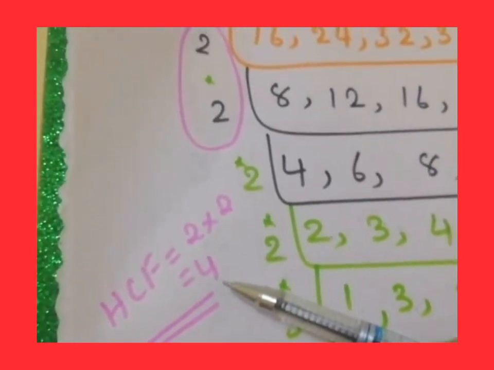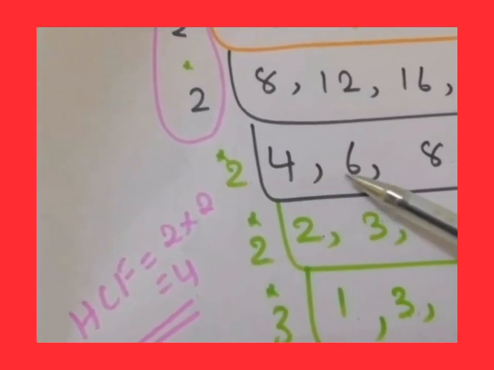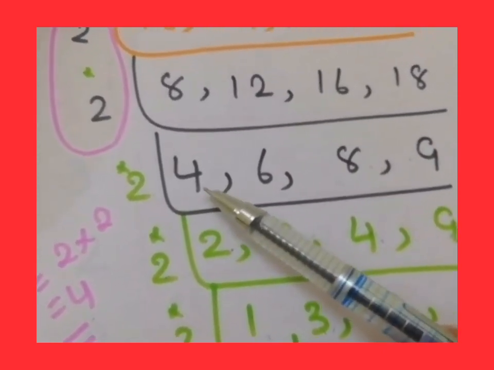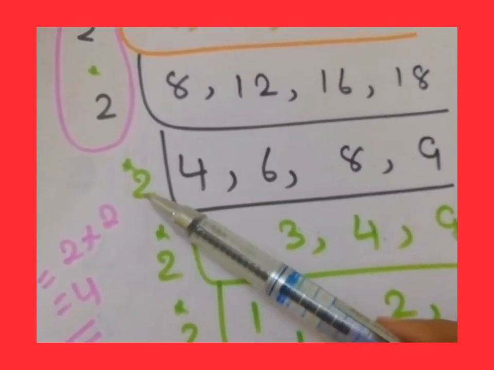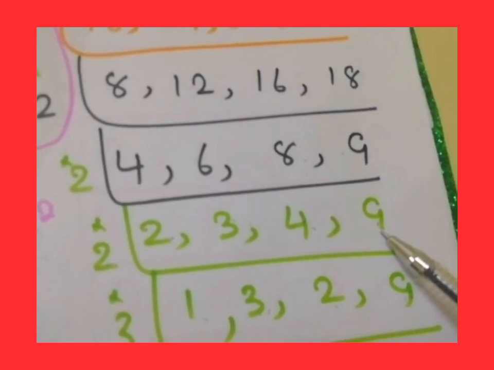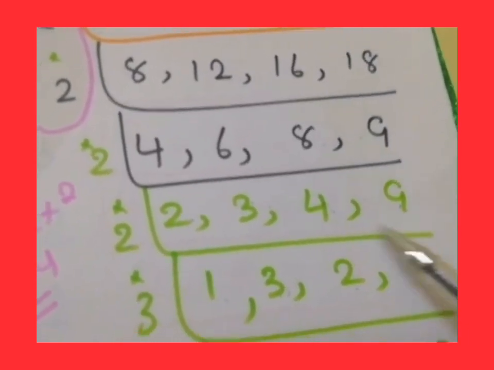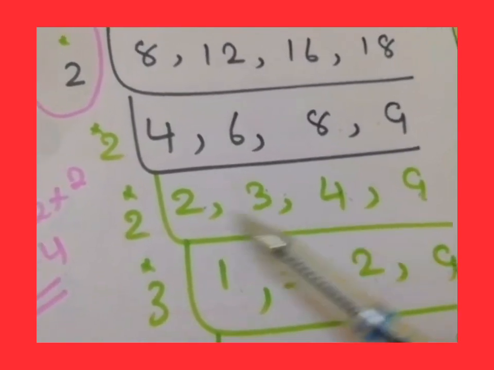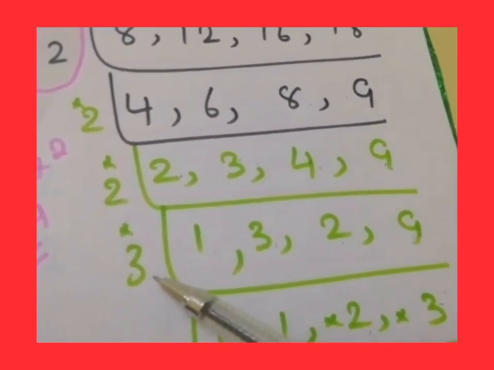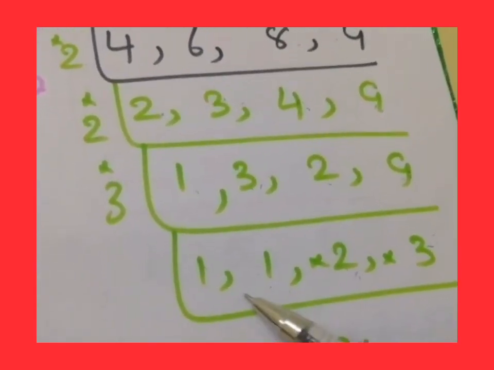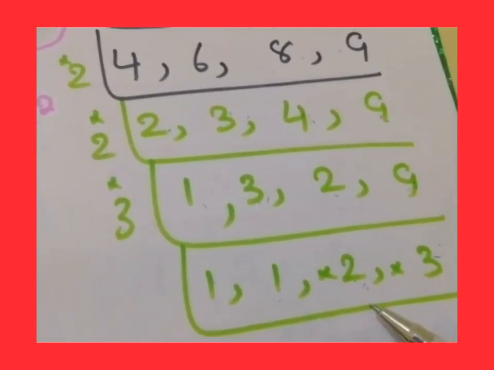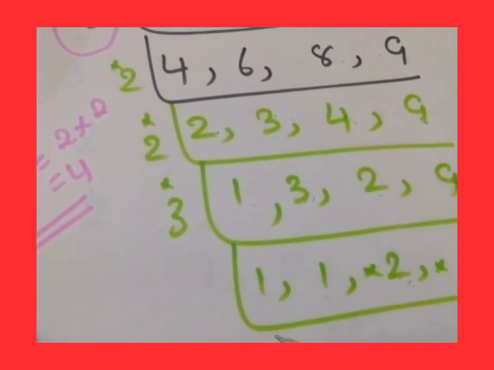Then for finding the LCM, you need to find the common factor of any 2. For that, I have written with the other color pen. Here for 4, 6 and 8, 2 is a common factor, and 2 is not a multiple of 9, so you write 9 itself. Again, in this 2 and 4, 2 is the common factor. Then in the next step, in 3 and 9, 3 is the common factor. Finally, in the last step, you get 1, 1, 2, 3. There is no common factor for 2 and 3 except 1. No need to take 2 outside again, or 3 outside again. You can stop here.